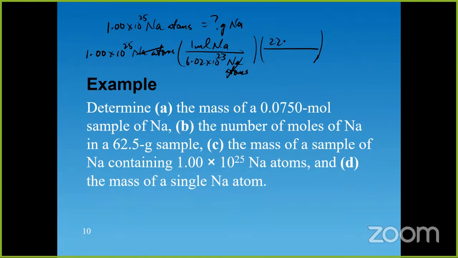Okay, so 22.99 grams of sodium will go up top and 1 mole of sodium goes below, so that this cancels out with that. So your final answer would be the grams of sodium, which is what the question is asking for. So 1 times 10 to the 25, divide by 6.02 and then multiply by 22.99. And according to my calculation, this works out to be equal to